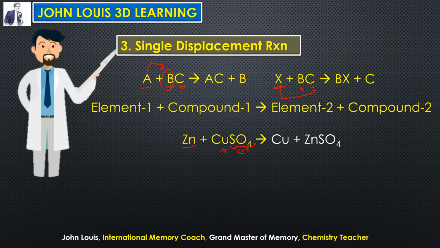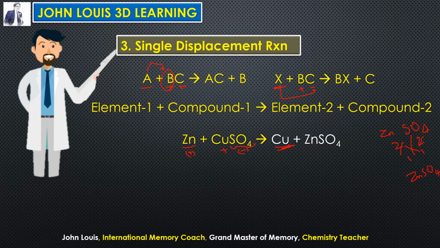So zinc is a positive element. Therefore, zinc will displace which one from the compound? Positive can displace only positive. Therefore, copper separates out, and zinc takes the place of the copper and forms zinc sulfate. It is not just substituting zinc for copper, but luckily the valencies are the same here. That is why it is coming right. Zinc valency 2, sulfate valency is also 2. Therefore, when you interchange, you get ZnSO4.